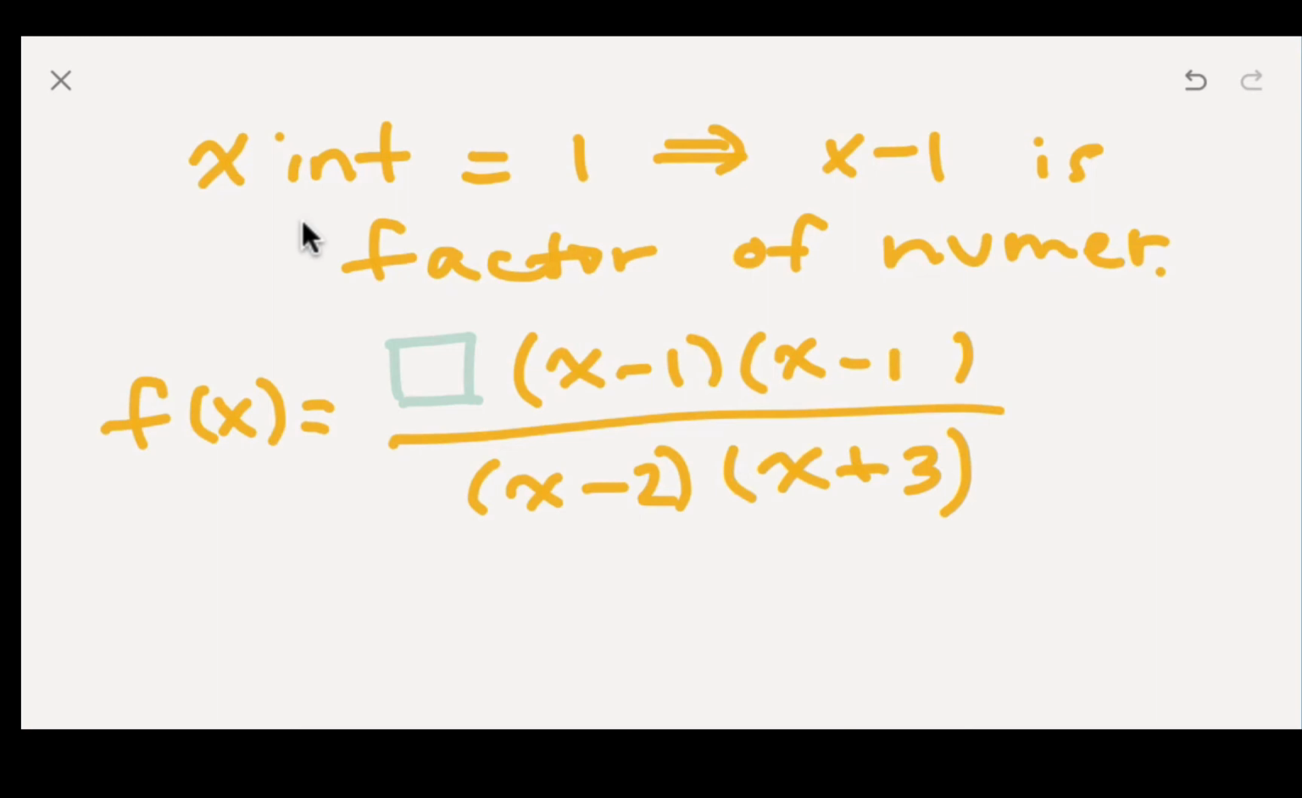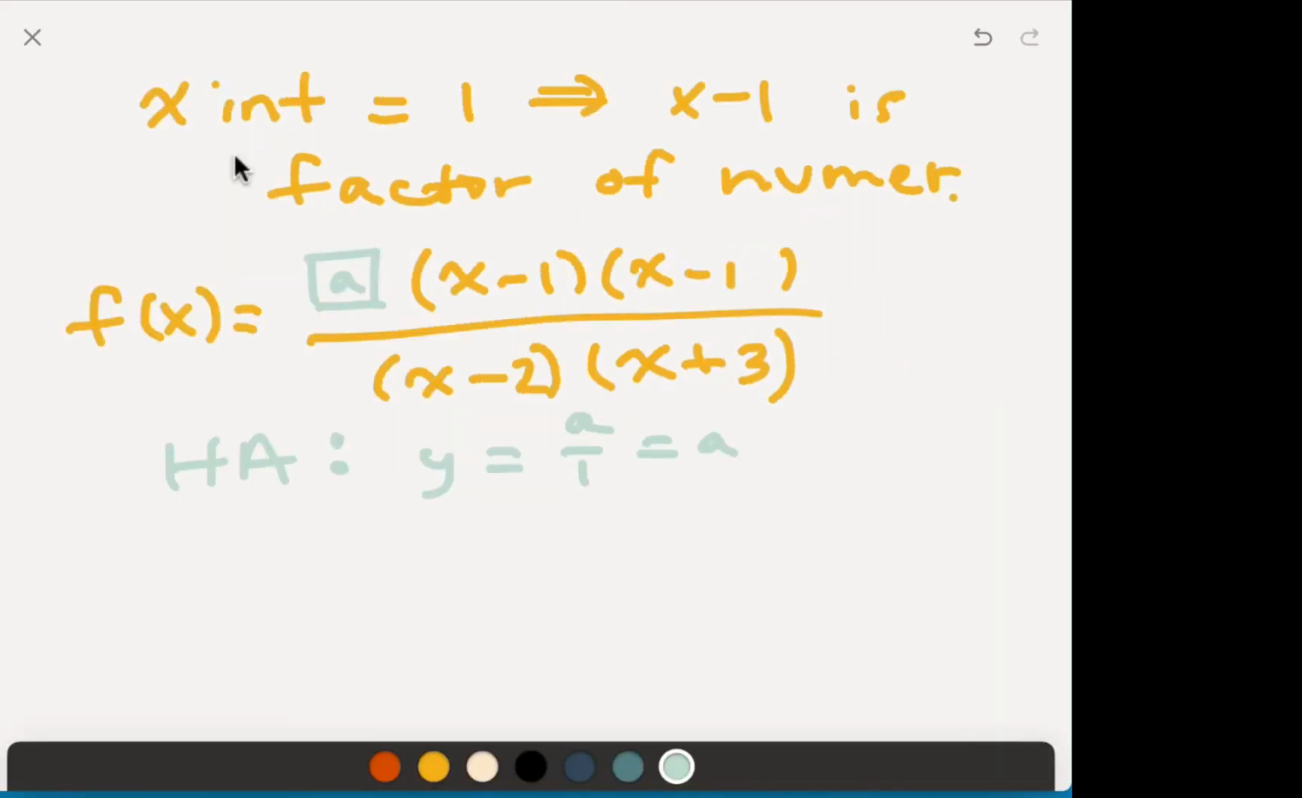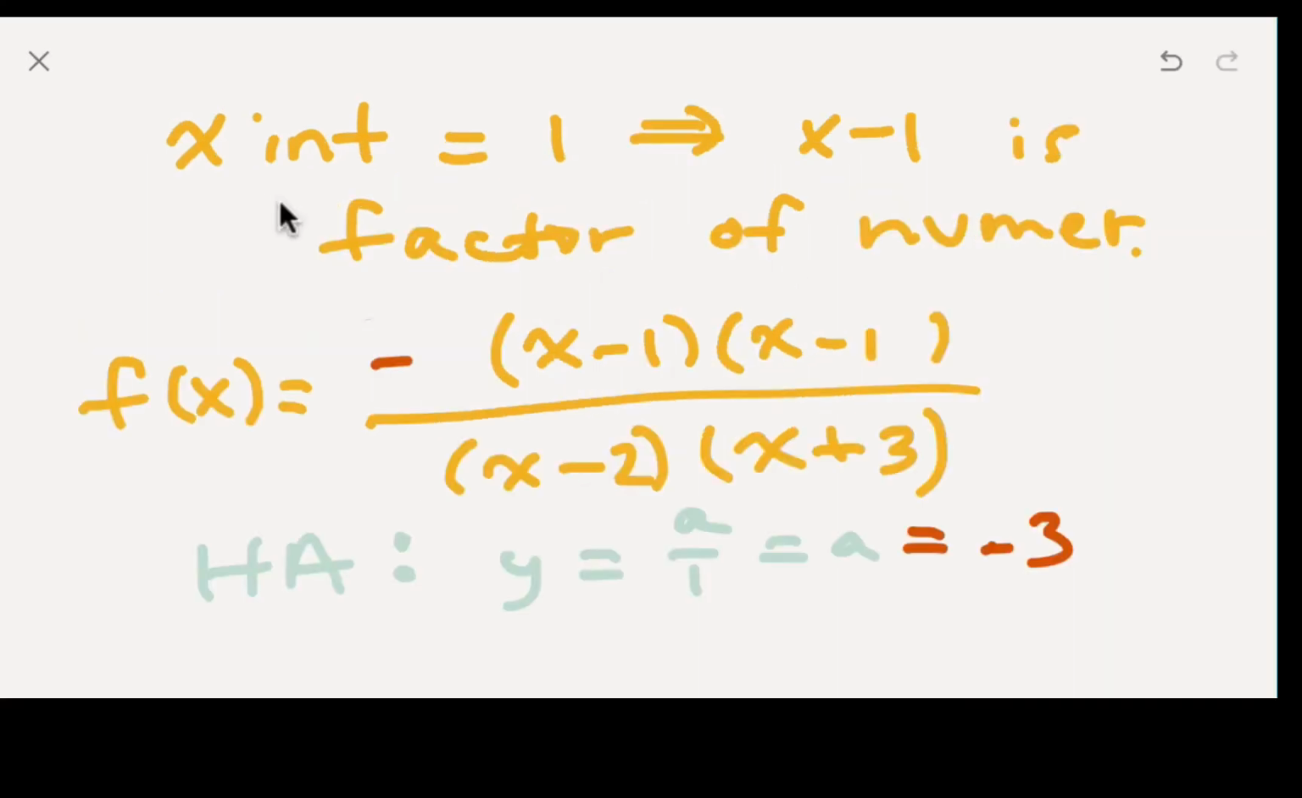So if you were going to find the horizontal asymptote of this thing, go ahead and put an A in this spot right here. What would the horizontal asymptote of this be? A over 1? Okay. But we knew that the horizontal asymptote is y equals -3. Okay. So in this particular problem, we didn't have to use the point that they gave us, but we can